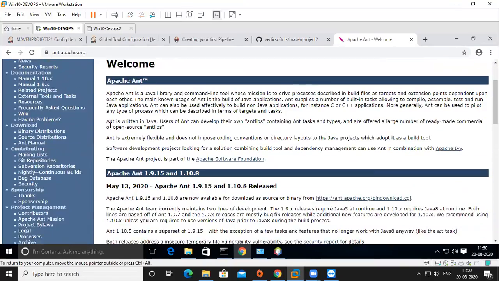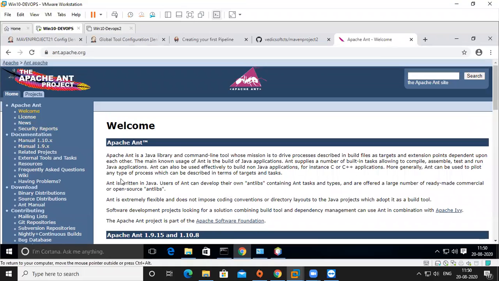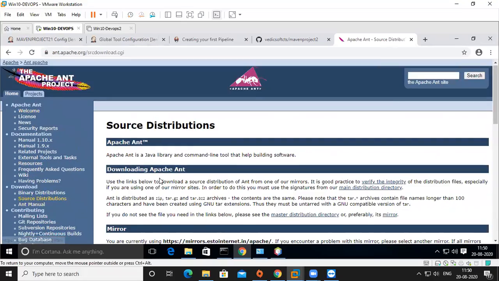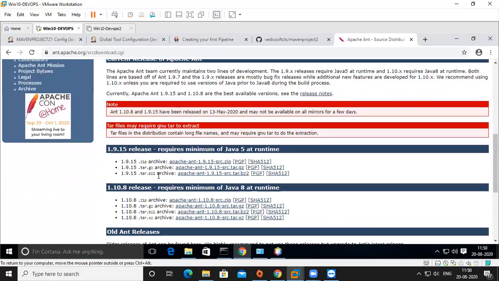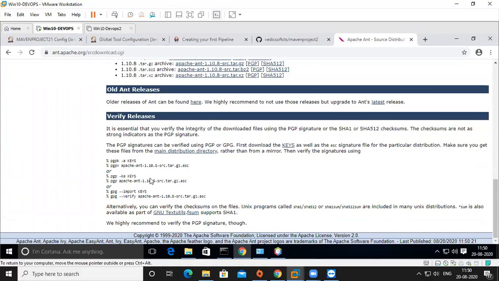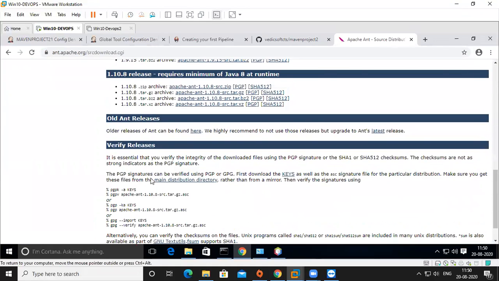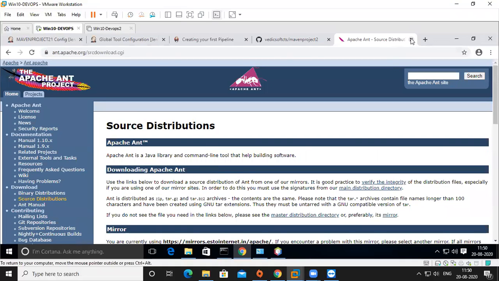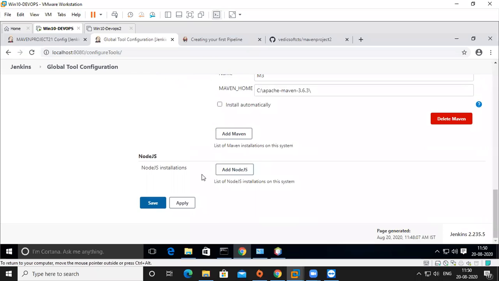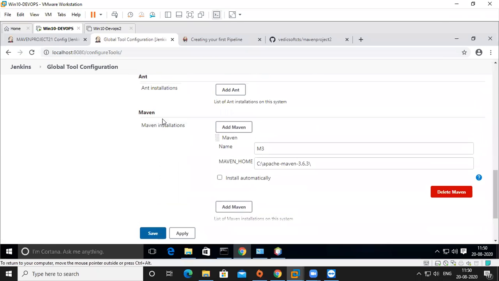You can download the Ant source distribution, extract it and put it in your system, then you can give that link here. I didn't download it, but I can give Ant also here. And if you are doing Node.js projects, then you can declare Node.js also. So I think you're understanding.